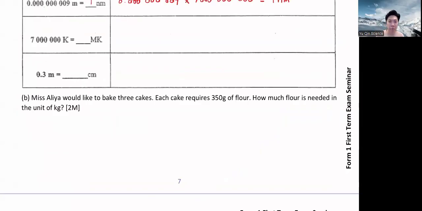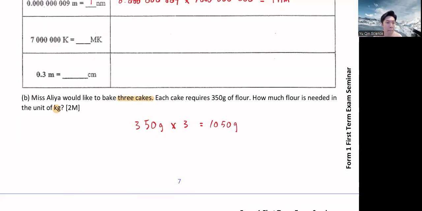Miss Alia would like to bake 3 cakes. Each cake requires 350 grams of flour. How much flour is needed in the unit of kg? You need 3 cakes and you need the answers in kg. So easy. 1 cake is 350 grams. You need 3 cakes, so 350 times 3 is 1050. Am I correct? 3 of 350, so it's 1050